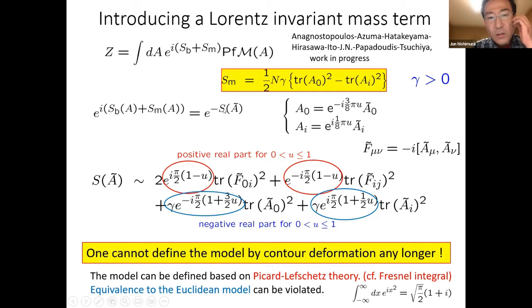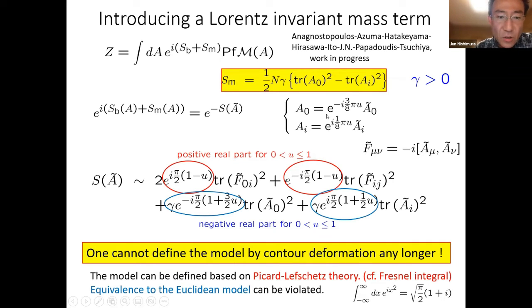And what does it mean? Then you can do the same integration. You can try to make this contour deformation as we did without the mass term, but then you end up with this action which has this mass term. And now the coefficients of trace A0 squared and Ai squared are both negative for this region of u, whereas these coefficients are positive. So this means that you cannot actually deform the contour anymore if you add this mass